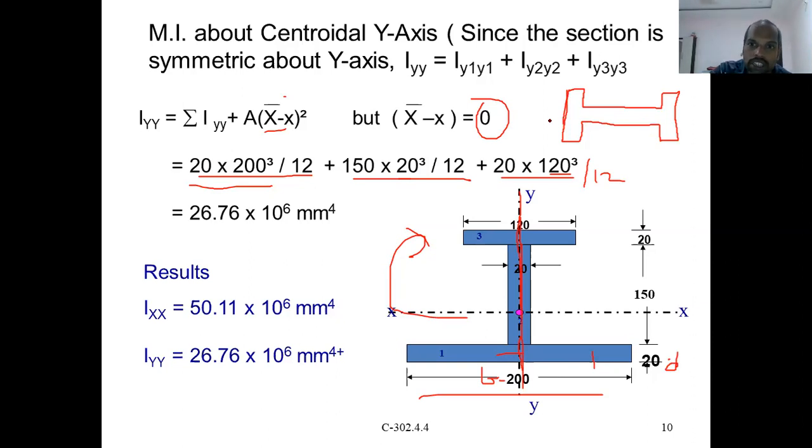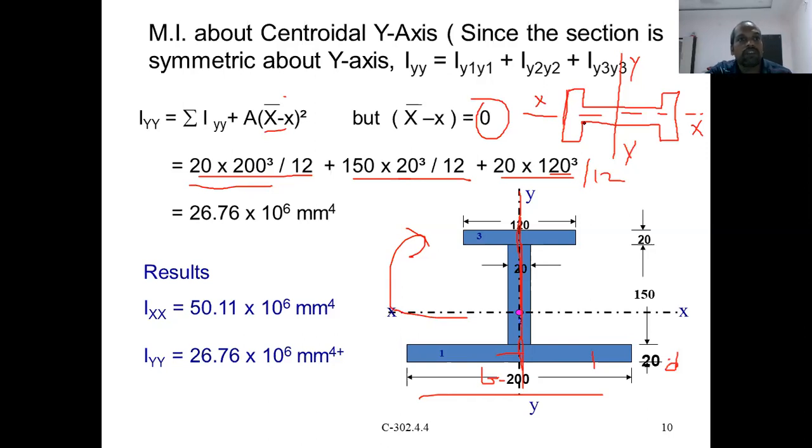So in this case, this is the y axis, the vertical axis. You can't rotate only your x axis. The y axis means the vertical axis, and the x axis means this one, right? So in this case, what happens? The x becomes y and the y becomes x. Okay, so that's what happens. In this case it is symmetric about the x axis. It means you have to consider the orientation of your section also, not blindly always say that it is symmetric about the y axis.